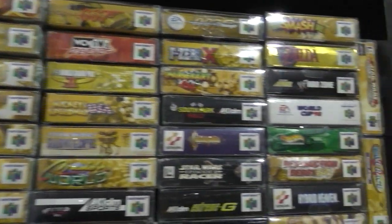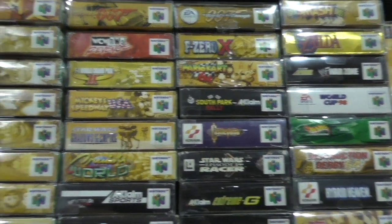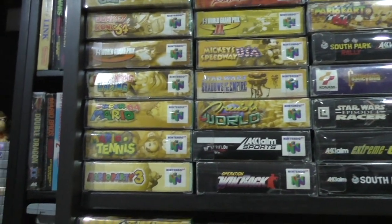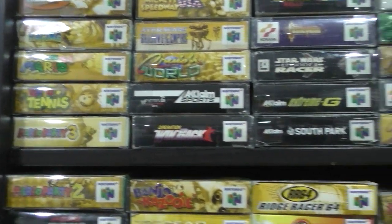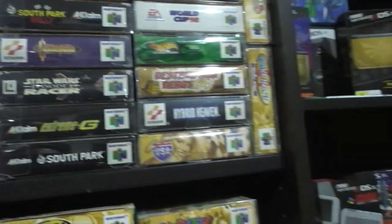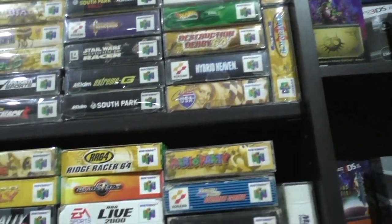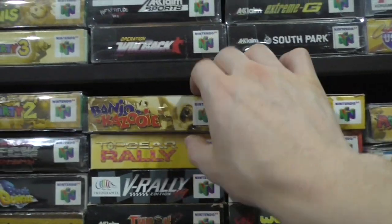Banjo-Tooie and GoldenEye, Worms, Smash. A lot of the main big titles: F-Zero, Mario Kart, Diddy, Super Mario 64, Mario Party 3, Operation Winback. Like I said, really underrated game. I loved it. Cruis'n USA, Destruction Derby. Really good games. There's my favourite,